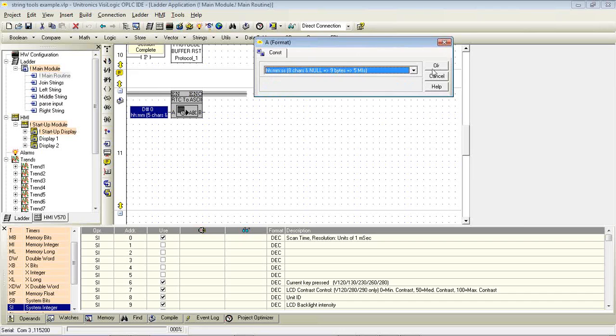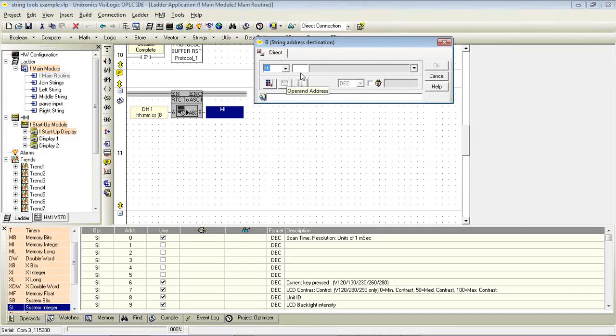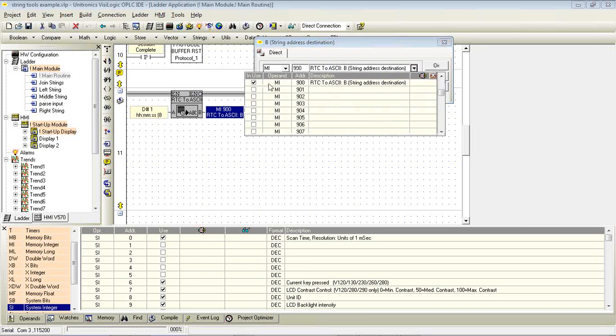I'm going to select this, and now the output is a location to store it to. I'm going to put it into MI900. Okay. But notice if I just hit OK, we're only going to store a description in the MI900. And we just got through saying that we need to take into account that we need a vector of length 5 to store this information. So in order to make it very obvious that these are in use, by giving a description,